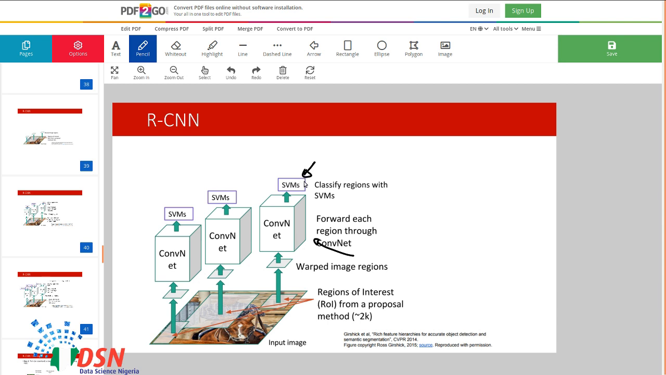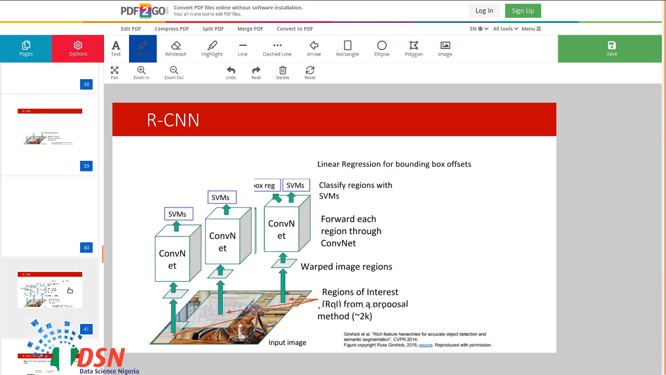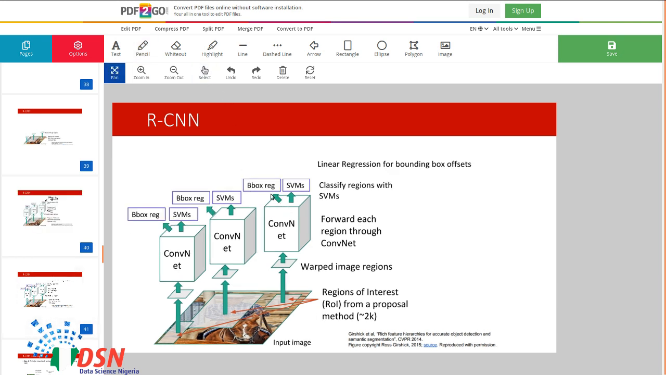SVM. Let's say this is a fully connected layer with hinge loss. Okay, so we sometimes call it SVM loss, as we talked about it. So it tells us whether that is a background or cat or dog. Okay, and after that we need another